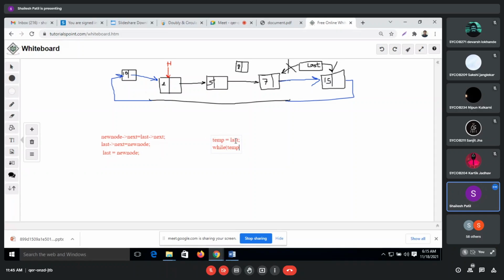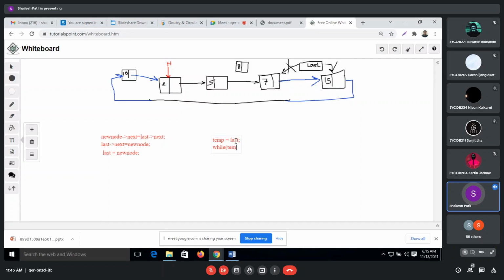In singly and doubly linked lists we have a null element, so it's very simple. But suppose that data is not present. Suppose it is given to insert after number 50, but 50 is not present over here. So how can we check, because it will loop now.